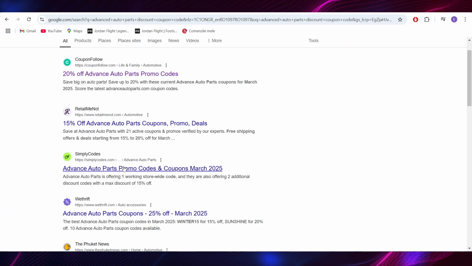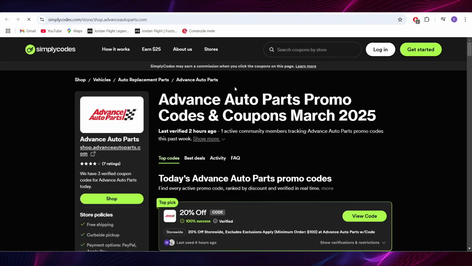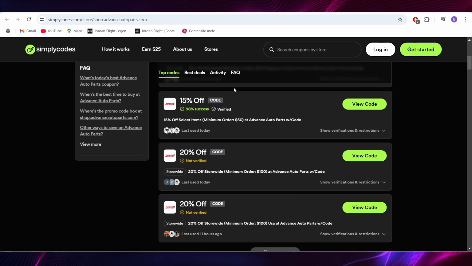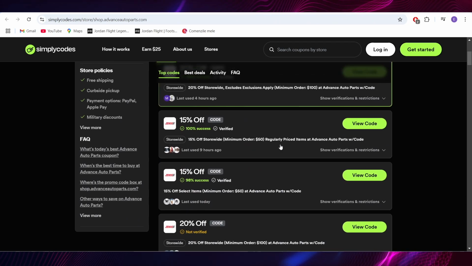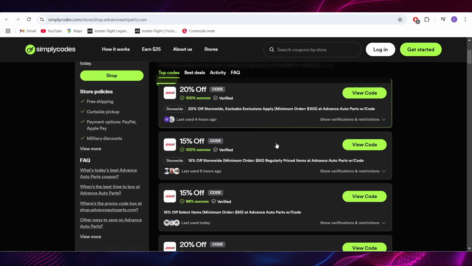Going back to the main search right here, we have this website as well, which is called Simply Codes. And as you can see right here, we have a list with other promo codes that we can use to get some benefits. So for example, right here, if you want to get this one with 15% discount, all you need to do is just select this button where it says view code,